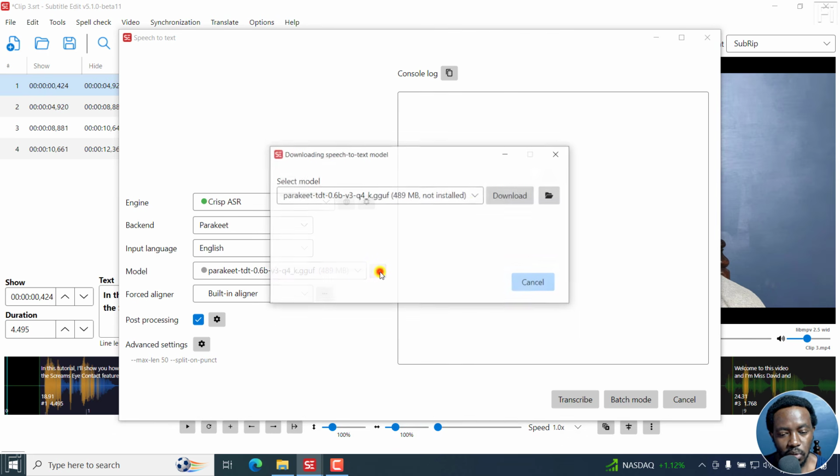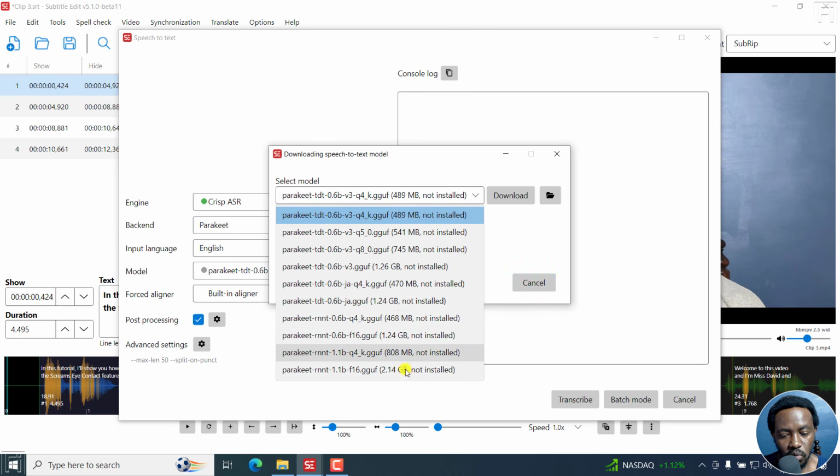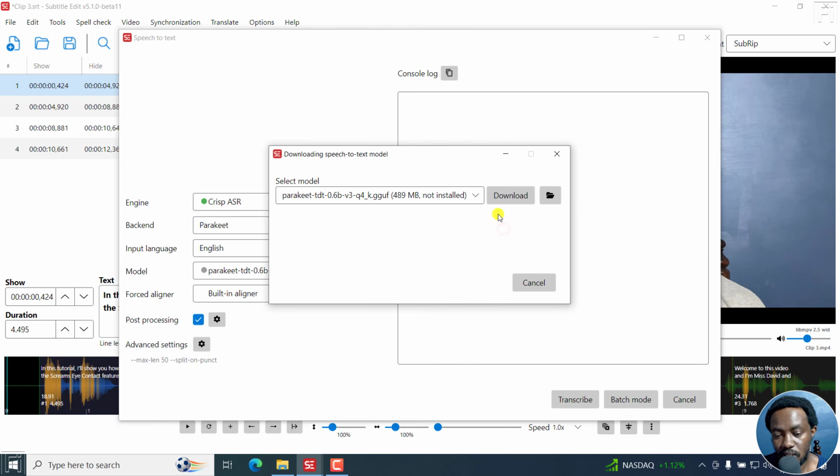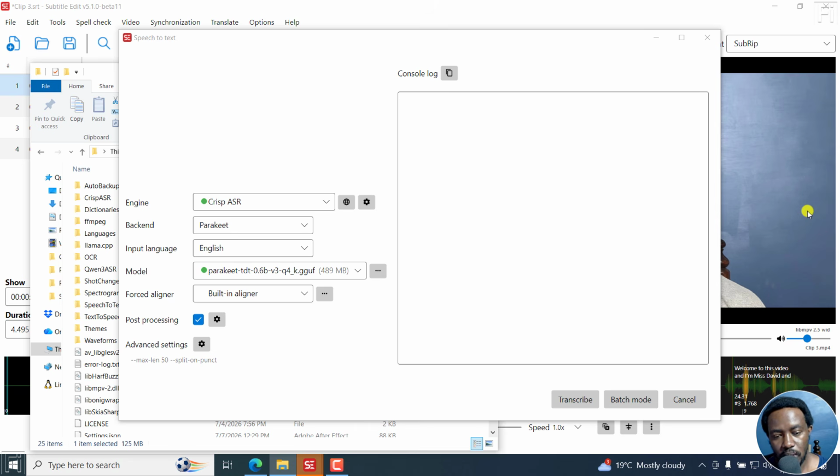And then I need to download this particular one, that is the model, but you can choose whatever you want based on your space on your computer, because these things will take some space. So let's go with the 489 MB version, and we may need to give it a couple of minutes to download because it's a little bit bigger than the usual. So that is something I'm kind of recommending. Once the model is done downloading, you'll see a green